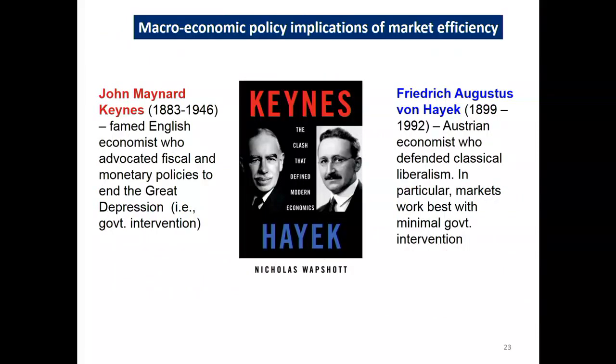But it's also got some macroeconomic implications. If you think that markets are inefficient, then you'd agree with John Maynard Keynes, a famous economist, who suggested that the government ought to intervene when there are bubbles or when there's a depression. On the other hand, you have von Hayek, a British-Austrian economist, who said markets work best with minimum government regulation. So if markets are efficient, then the government interfering directly will simply pollute the signals that the market is sending.